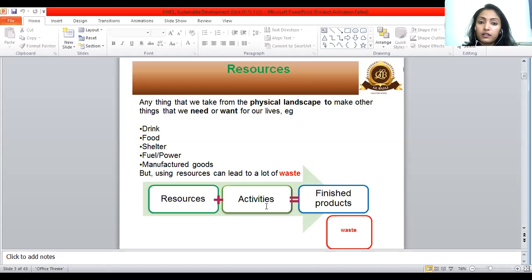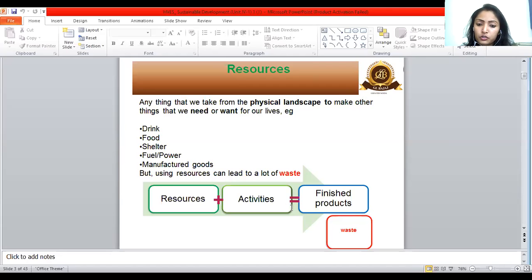I want filtered and refined water so that I can drink that. Now this water is just a raw resource for me that I can get from different rivers or oceans or seas or ponds. But I want to convert it into a finished product that I can use. And for that I need to process it, I need to filter it. So once I process the resource and get the finished product, now I can consume that product, that means I'm consuming that resource.